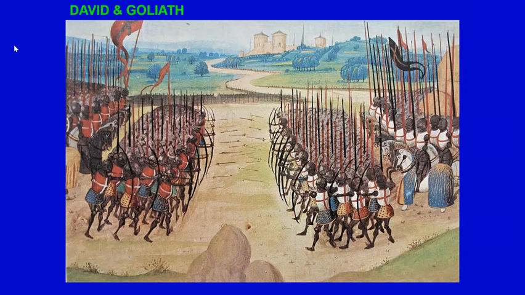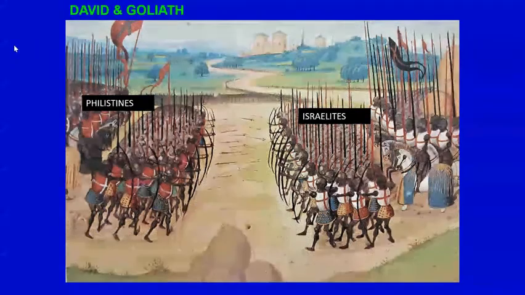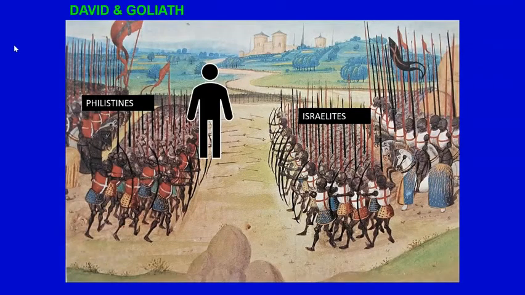All right, another story I'm going to tell you is the story of David and Goliath. So there were two armies. One was called the Philistines, and the other was called the Israelites, and they were squaring off to have a big battle. But every day, a giant of a warrior would come out and taunt the Israelites. He was a Philistine, and he challenged anybody to a single combat with him, so that he would fight the best champion from the Israelites, and whoever won that fight would decide which army